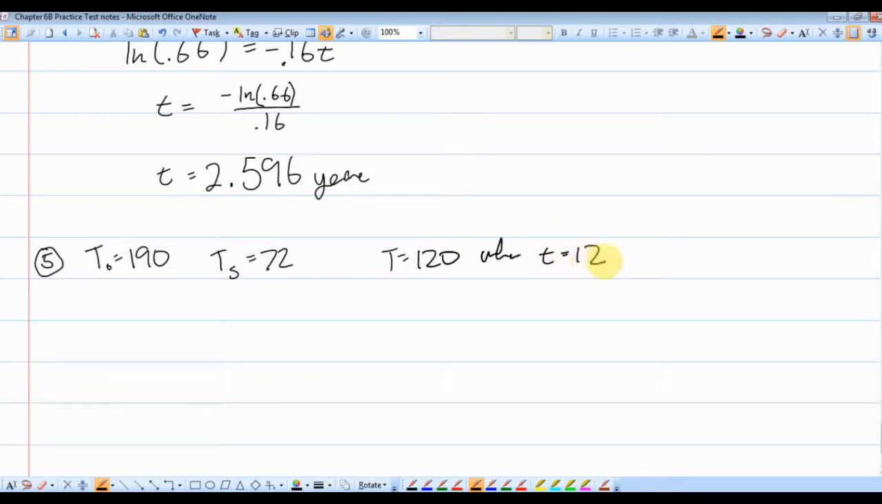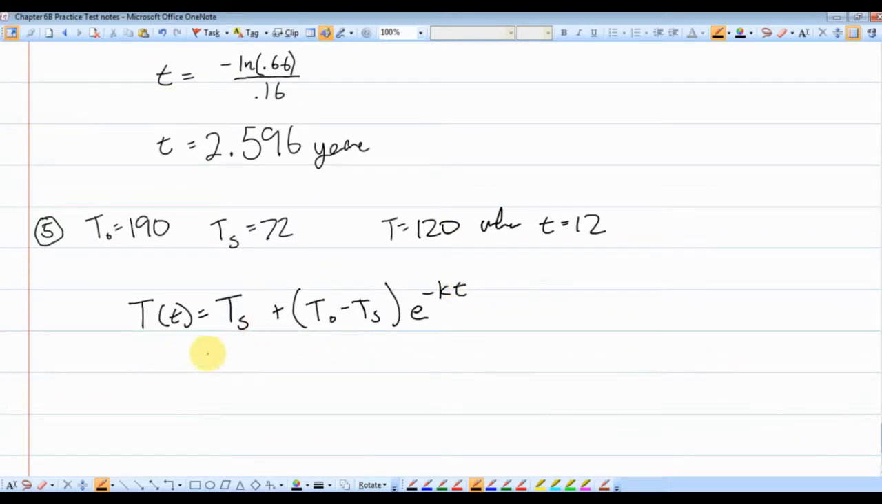Okay. When t equals 12, good. So we're going to go through this. I'm probably going to just do the problem as I think it's going to go. It's lovely. They gave you all the values of the constants. Now they don't give you the actual equation. That's too bad. We know that T of t equals